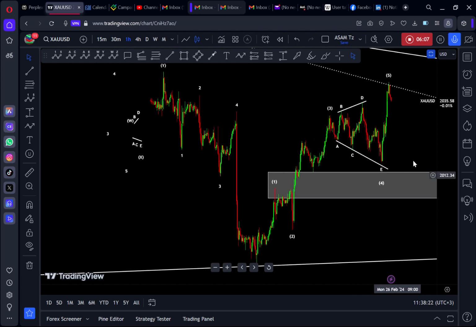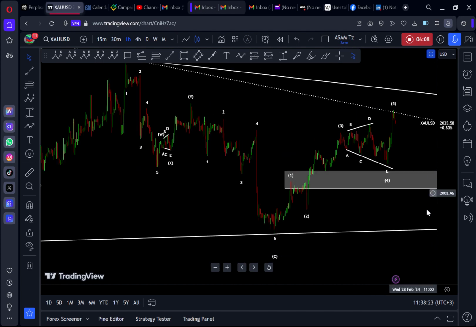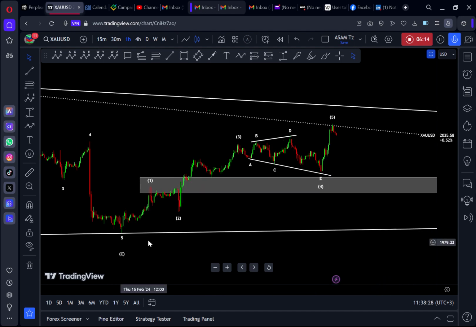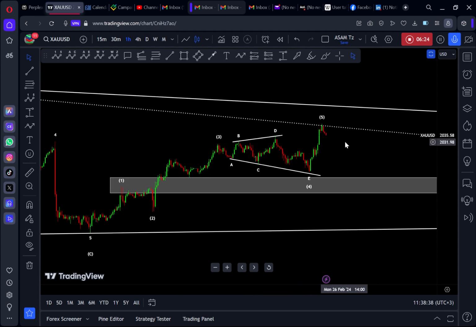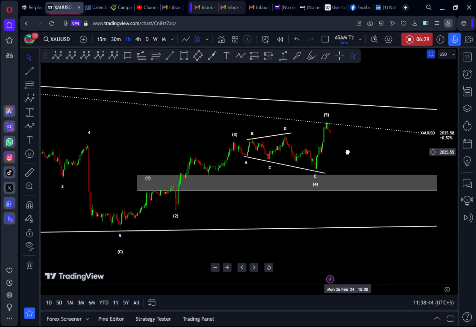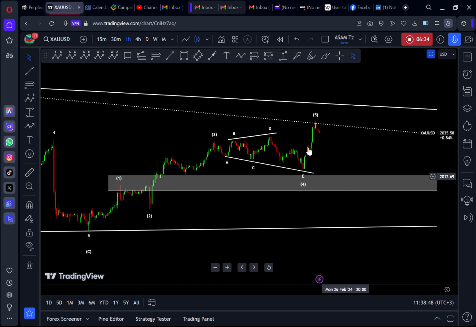As we go down to lower time frames, you can go up to 30 minutes in any way. It depends on how deeper you can go. So basically you can see what I have identified here. I have identified the 1, 2, 3, 4, a triangle, 5 to the upside. So in most cases, when I look forward for price coming to 2015, it means I'm looking for a possible correction.